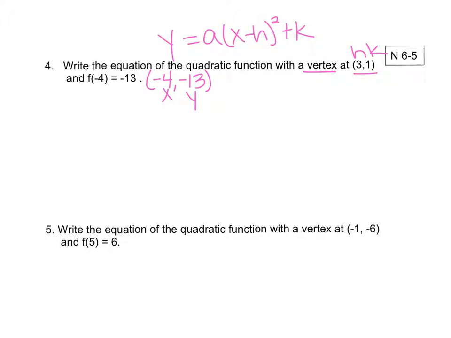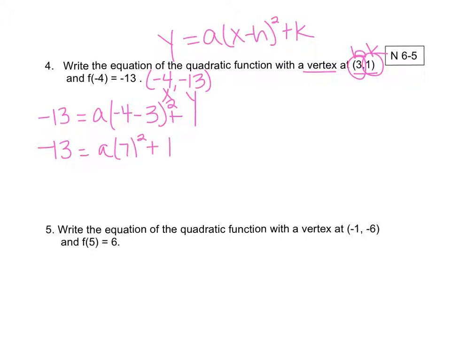So plug in, y is -13. We don't know a. X is -4 minus our h, which is 3, squared, don't forget that, and then plus our k, which is 1. So we get -13 equals a times -4 minus 3, which is -7. We need to square that